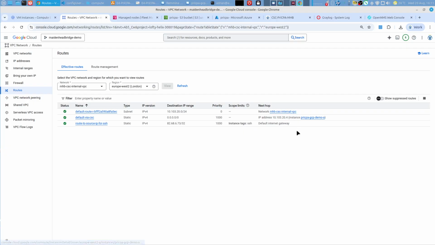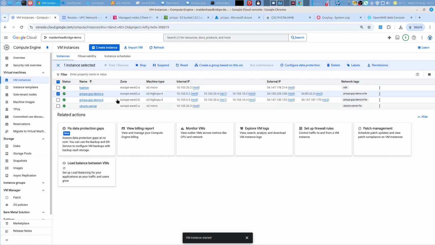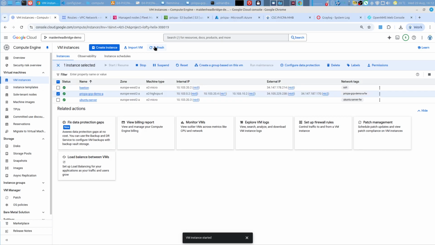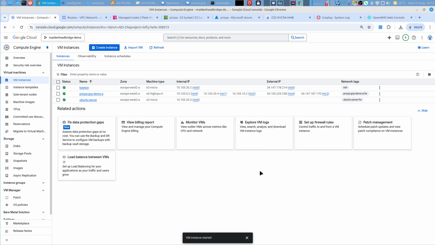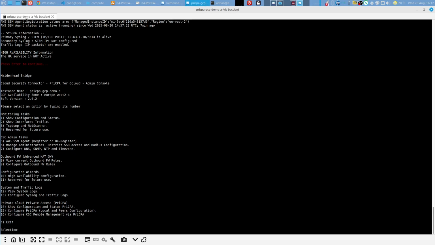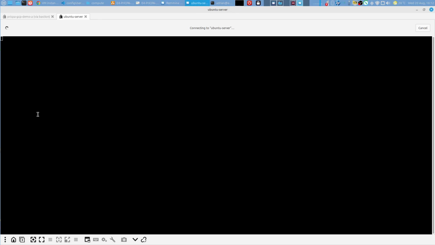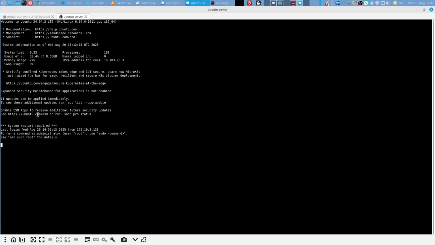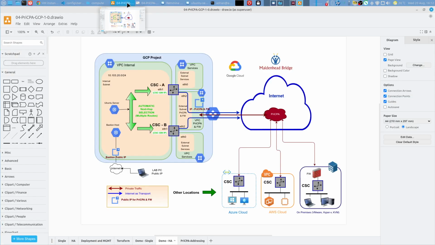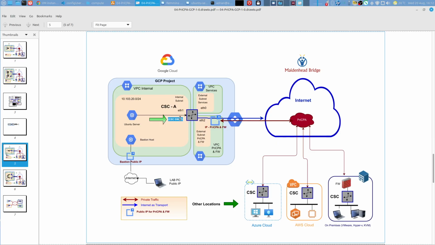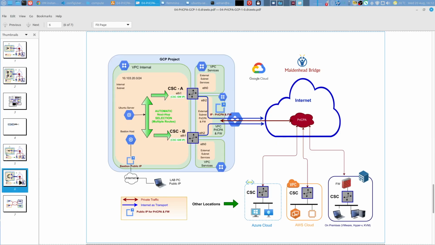via the connector A. Okay, and I have the instance. Let me refresh this. I have my instance here, connector A. It's all good. I have access to the connector A via the Bastion host, and also I can get access to the Ubuntu server that is behind the connector. Okay, PriCPA is working well, and all this setup is okay. What I want to add now is another connector to create a high availability configuration, and we will show how to